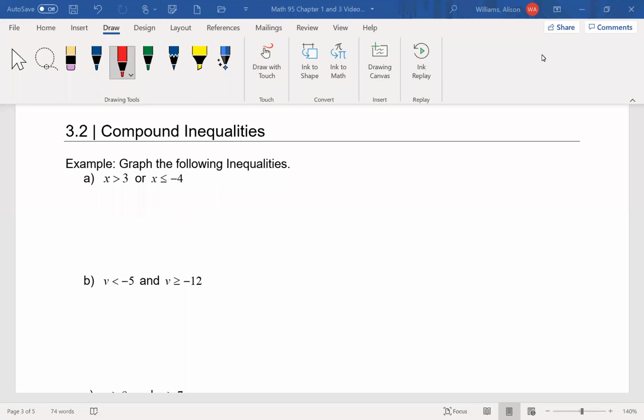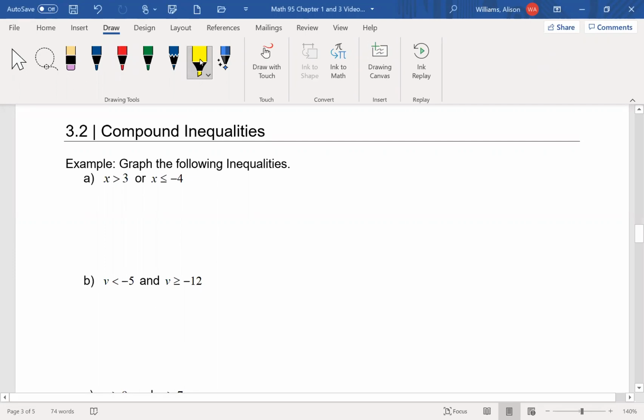In this video, we're going to talk about compound inequalities. A compound inequality is really where we're combining two inequalities together. And there's a couple ways we do that. You can see it with these first couple of examples here. One way we can combine them together is with the word or, and another way is with the word and. And those two have different